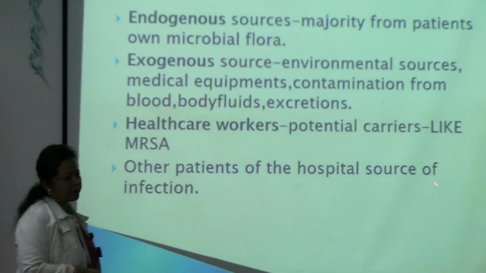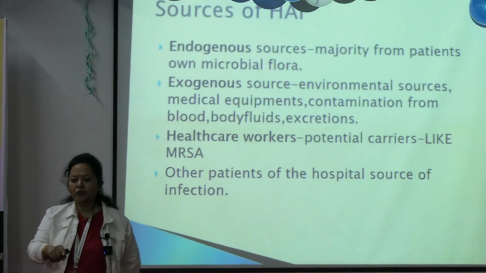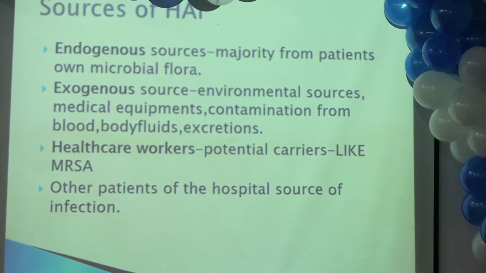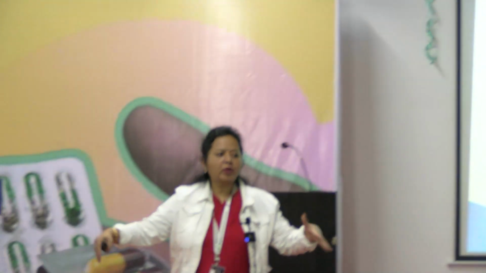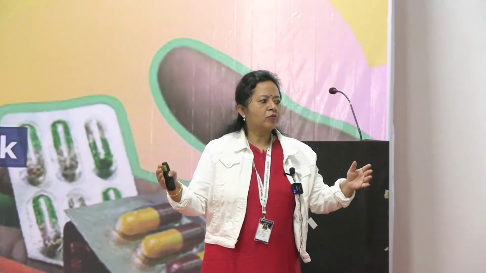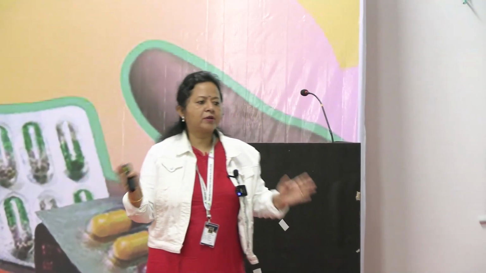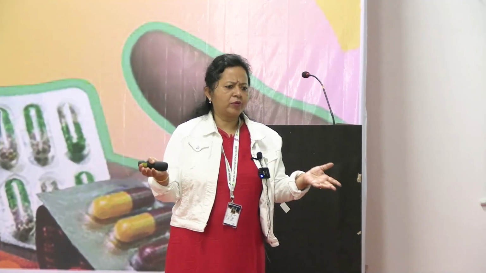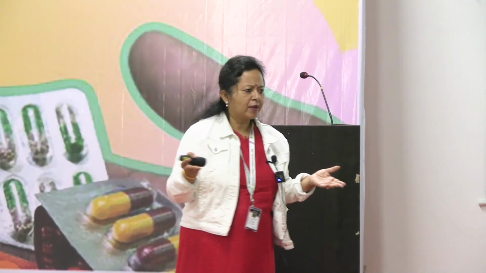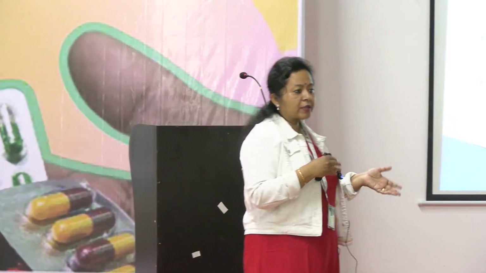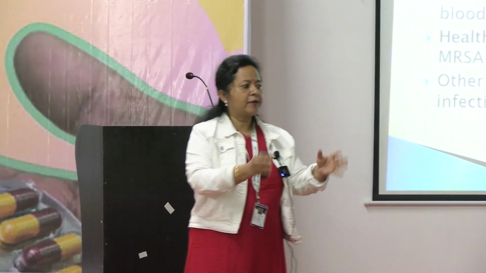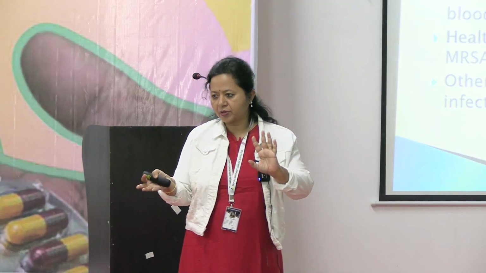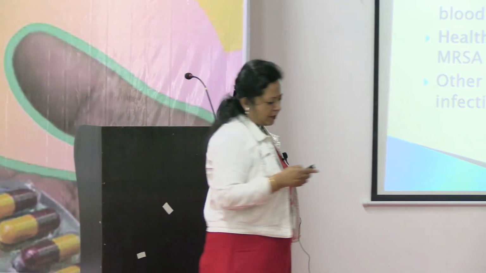Other patients, very important. One patient is lying here, usually we keep a distance of 3 feet from 2 beds. From 2 beds you have to have a distance of 3 feet. So from one patient to another patient, a nurse is taking care. If one nurse is taking care of both the patients, you cannot have one nurse for one patient, right? And she is not washing her hands properly. So maybe that patient is a source of infection for the other one. This is called cross-contamination of the patients, cross-infections. Okay?